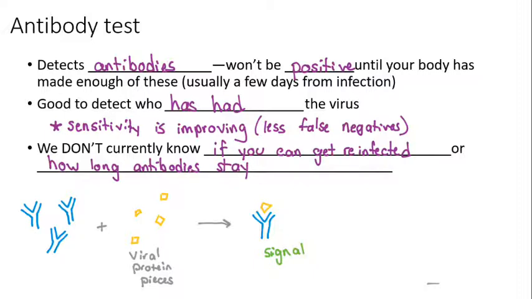So again, currently the hypothesis is that the antibodies will last a while and that you cannot get reinfected. But more testing needs to be done to prove that hypothesis. So while we can operate under that principle for now, don't be surprised if it changes. Science is continually being improved upon, and so these